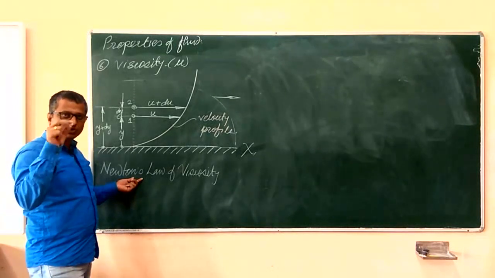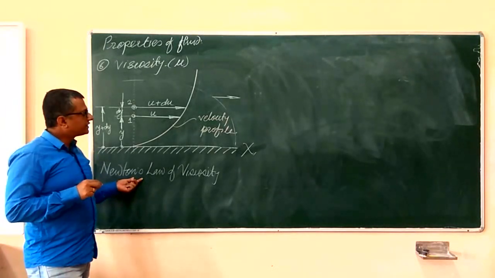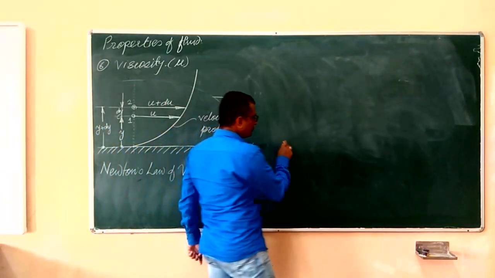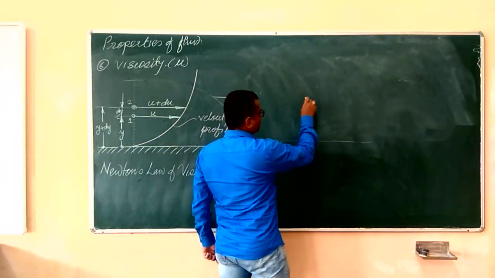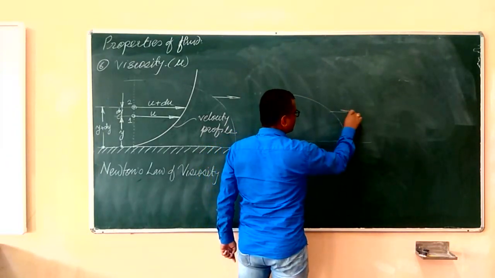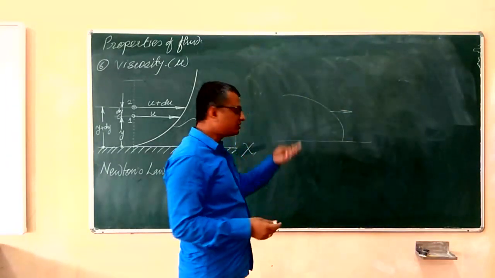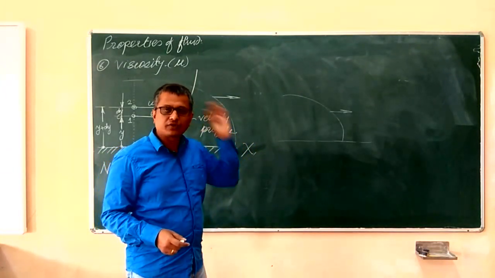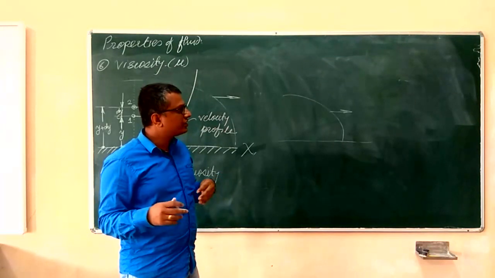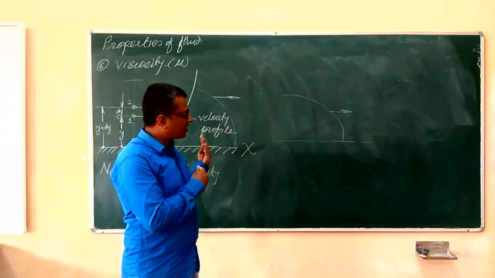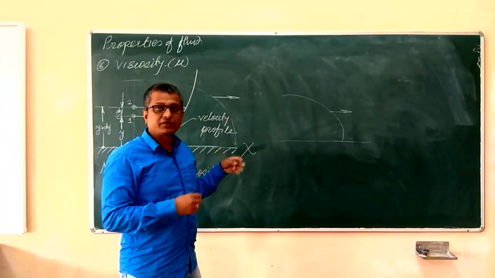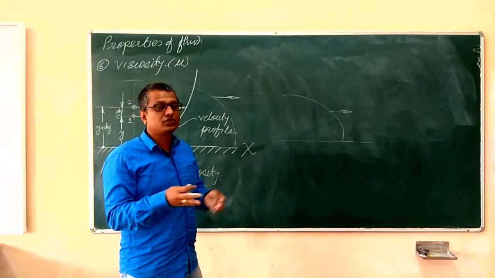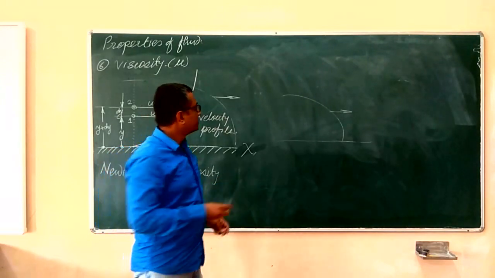like to explain one more fluid phenomenon, and that exists while the fluid is flowing. Now what is that fluid phenomenon? I will show you. Say this is a flat surface and there is some fluid flowing over the flat surface. Take any fluid, it is applicable even for gases. But why am I always taking the example of flow of liquids? If I explain that fluid phenomenon with the aid of a liquid example, it will be easier for you to understand, since you can easily relate it to real life examples.